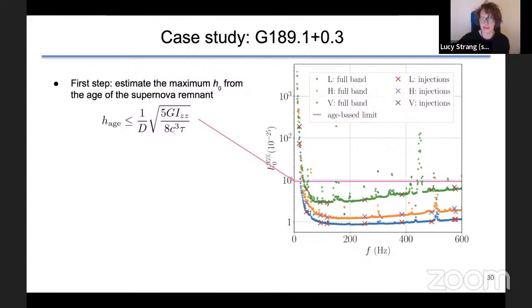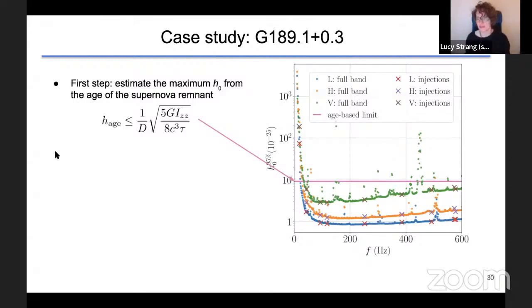And the vertical axis is the gravitational wave strain that we could hope to detect with about 95% confidence. So anything quieter than this, we're probably going to miss it. Anything louder than this, we should have seen it. The pink line represents the loudest we could have expected from this source. And the good news is we're below that. So that means we're actually starting to constrain the physics of what this source looks like. We have 2 kinds of constraints here.